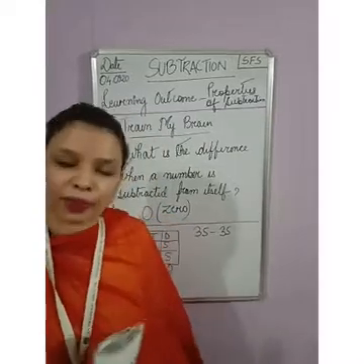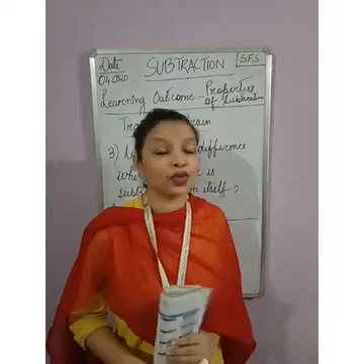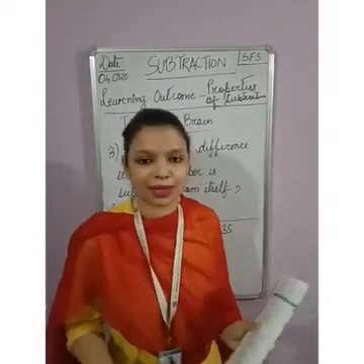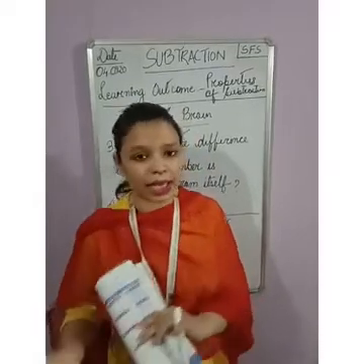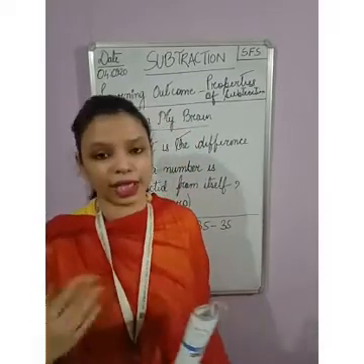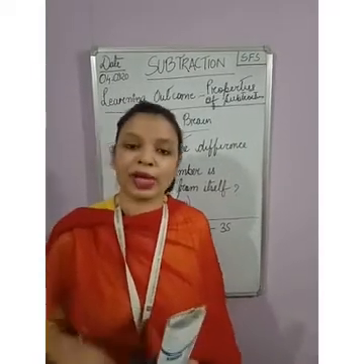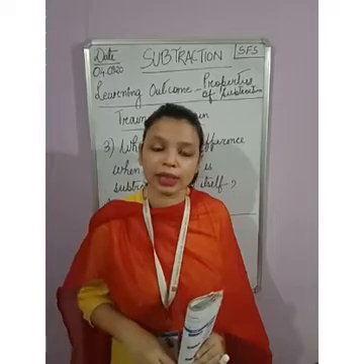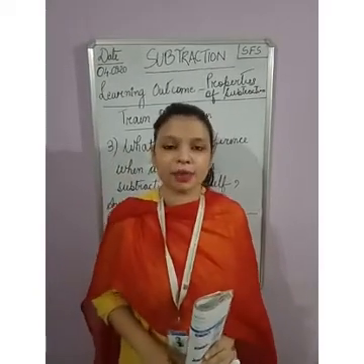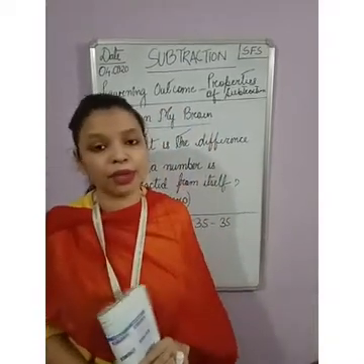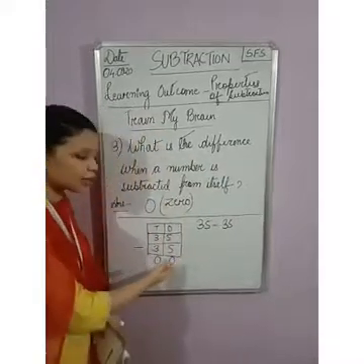Okay children, so before winding up the class, I am going to take a short recap. That is, what are the things we have learned? We have learned about properties of subtraction. There are 3 properties. First is the 0 property. Any number you subtract 0 from, we are getting the same number. Second is the before numbers property. When we subtract 1 from any number, we are getting the number that is just before it. And the third property is subtracting a number from itself. So when we subtract a number from itself, the answer is 0.